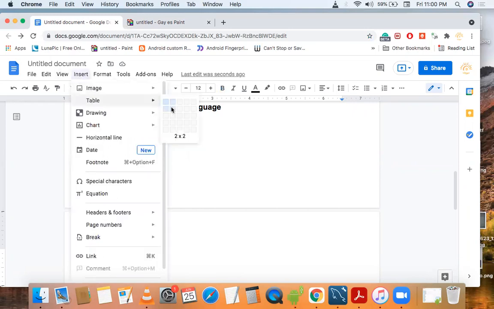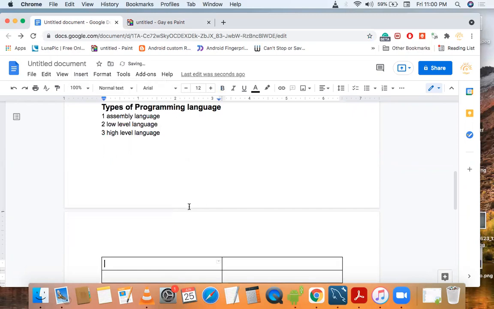Here we will create a table with compiler and interpreter.